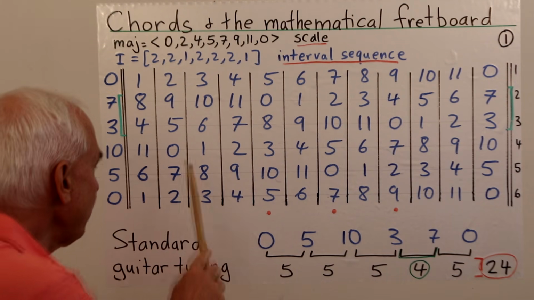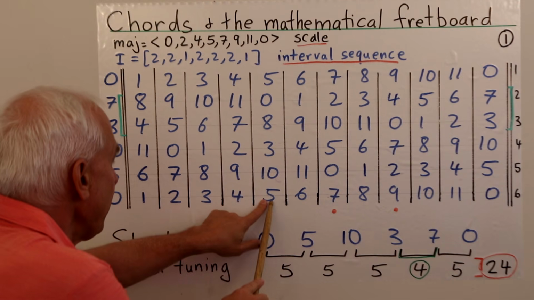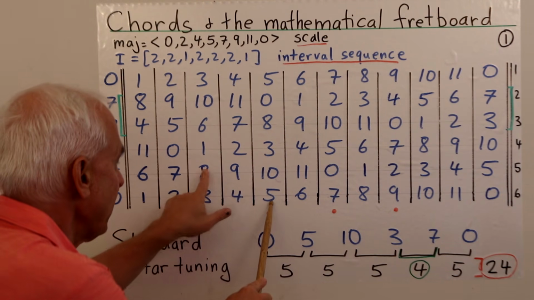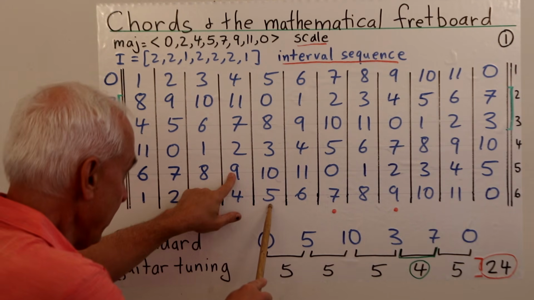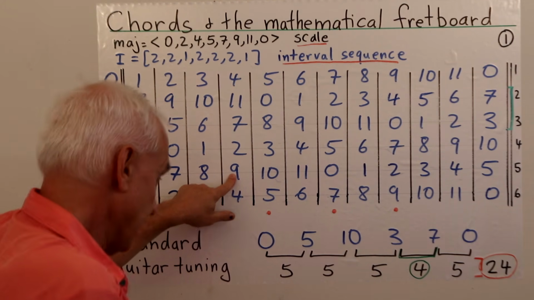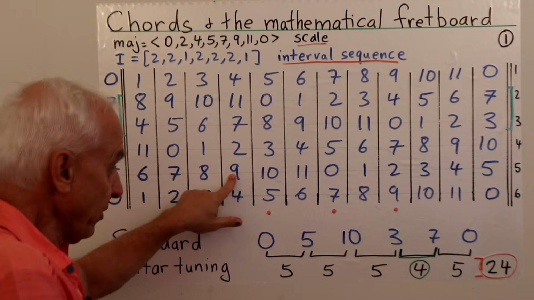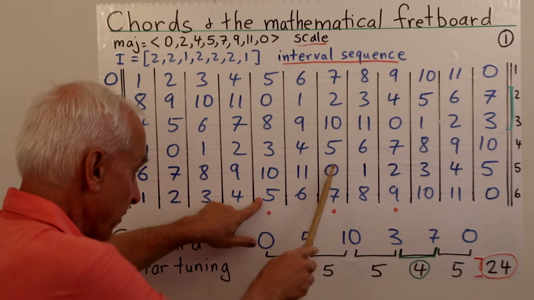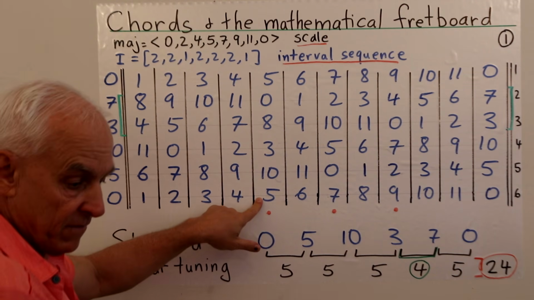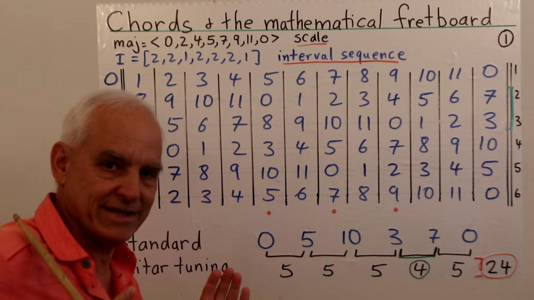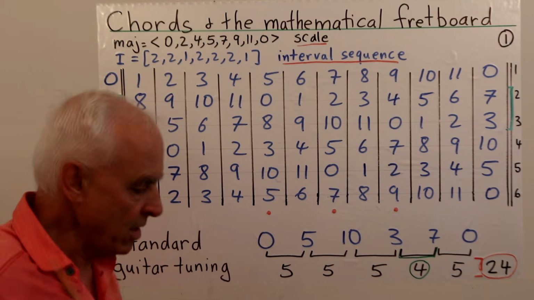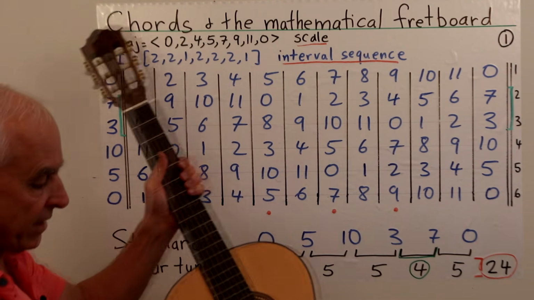Okay, so all of these are really important. So going from here to here is a two step. Going from here to here is a three step. It's like the knight's move in the other direction. From here to here is a four step or a major third. From here to here is a perfect fourth, and from here to here is a perfect fifth or a seven step. And this diagonal one here is, let's say, relatively unimportant.